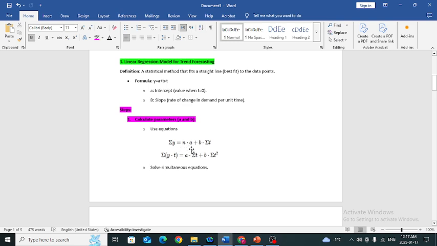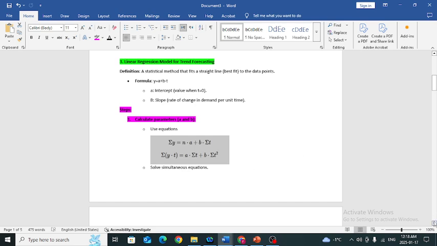Sigma y equals n times a plus b sigma t, and sigma y times t equals a times sigma t plus b times sigma t squared. According to these equations, we should put our data into them, because to solve for a and b we should use these equations. Solve these equations simultaneously, because according to this we can achieve